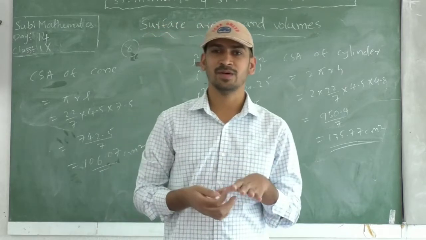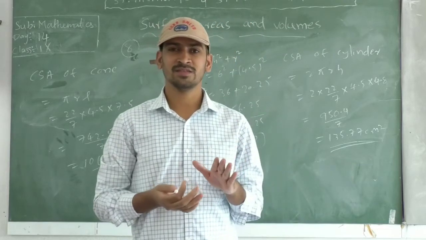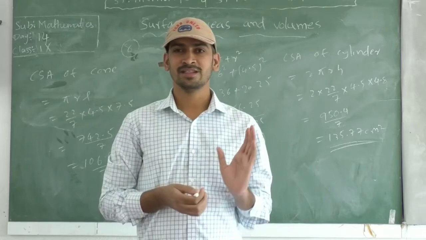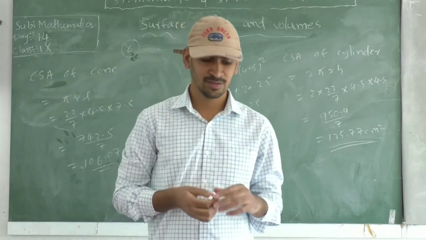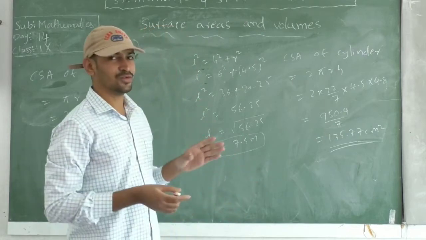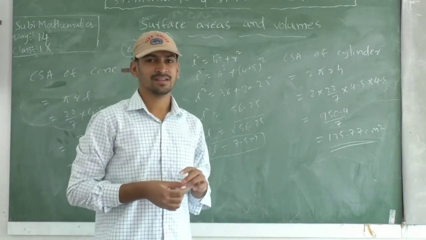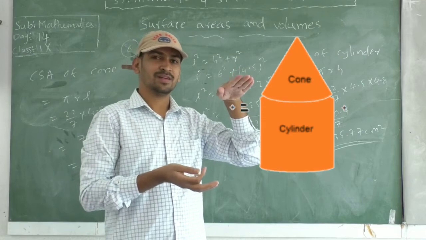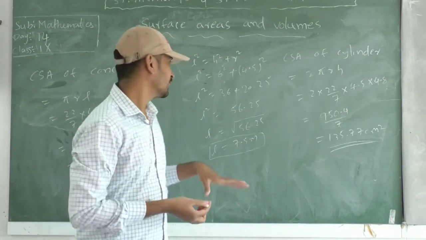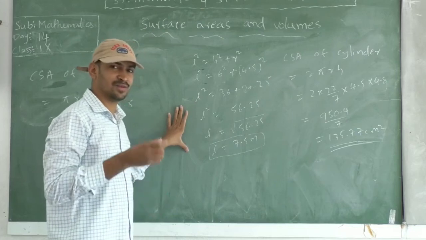I did half of the problem. The remaining part, the simplification part, I left to you. I hope you completed it, but once again we have to see. That is question number 8. We have to find the area of the canvas cloth. We know already that half of it is cylindrical and the remaining half is a cone. So first we have to see the conical part.